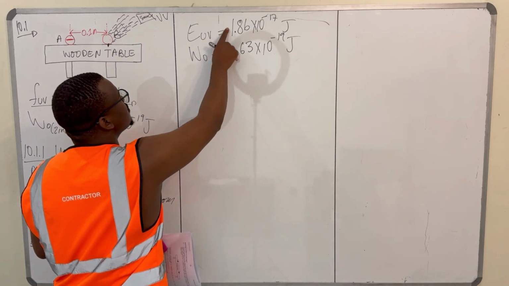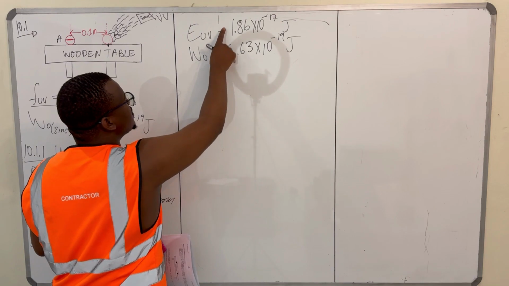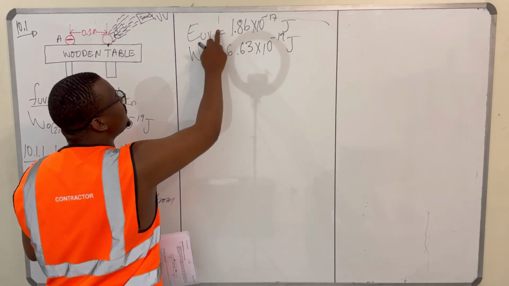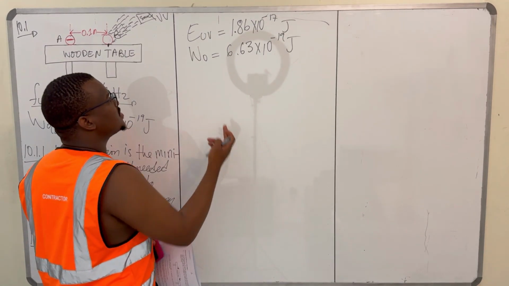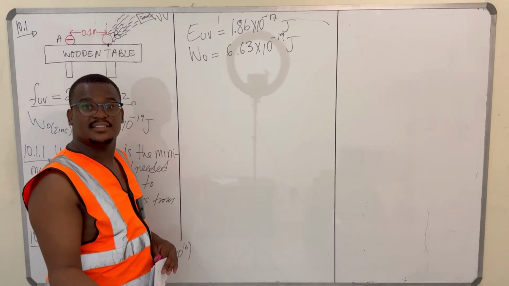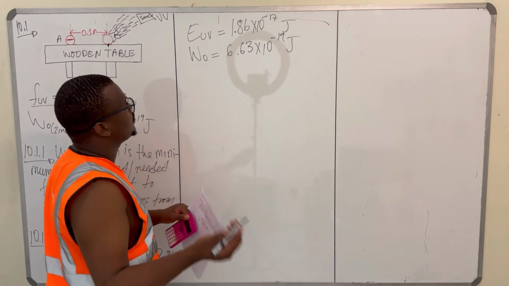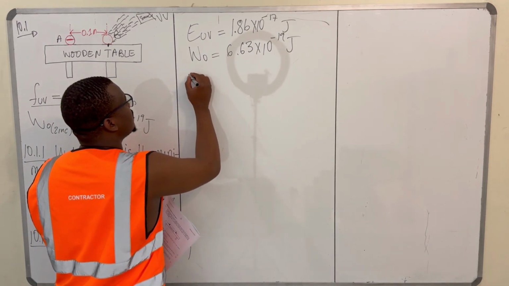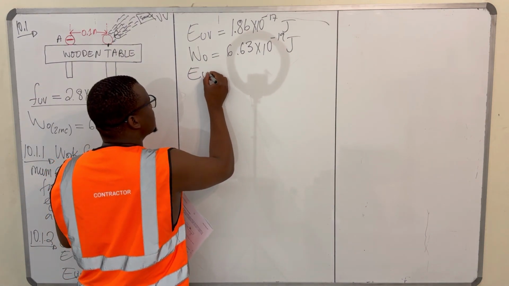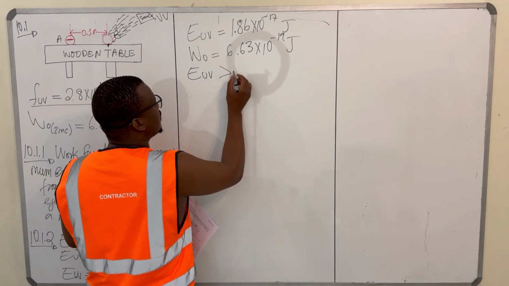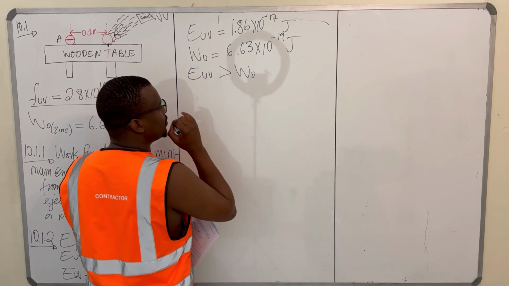If you say EV minus this, and the answer comes out positive, then EV is bigger. If you say EV minus this and the answer comes out negative, then EV is smaller. You know this. But because I know the energy of the ultraviolet light is greater than the work function,